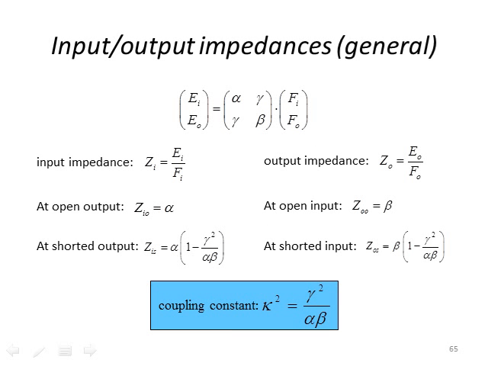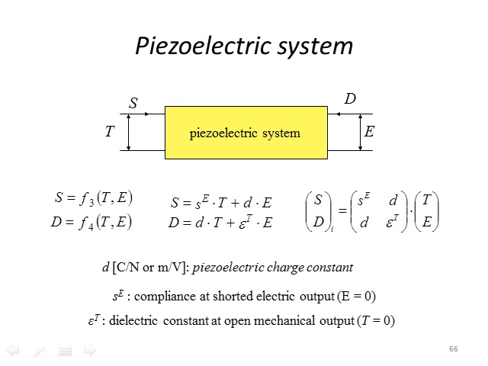In the general case, you can use these two methods, using the input impedance or the output impedance, to determine the coupling coefficient, and you get the same result in the end, that the coupling coefficient K squared is equal to gamma squared divided by alpha beta. If we go back to our piezoelectric system,